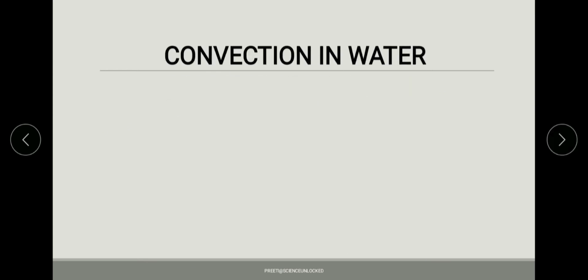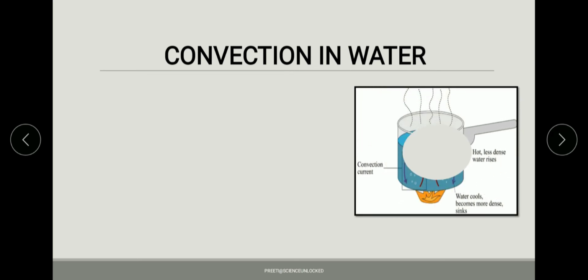So first we will be taking up convection in water, where the heat is provided at the bottom, but the water at the topmost region will also get heated up. What exactly is happening is that the particles of water at the bottom will be heated up, they will gain the energy and they will move towards the upper region where the hotter particles will release their energy. Why is it happening? Because the particles of water which have gained energy have become lighter in weight. So there is a cavity created in the space from where they have escaped.